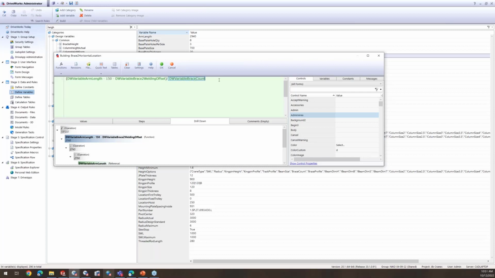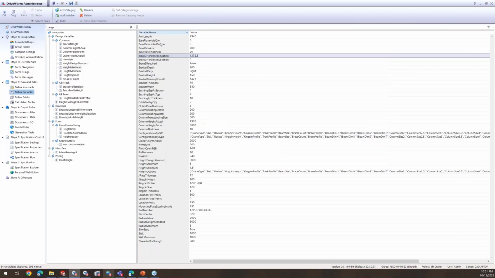So it's not just rudimentary items that you can bring together. It's a pretty powerful interface to create any kind of logic that you want. Furthermore, we have various